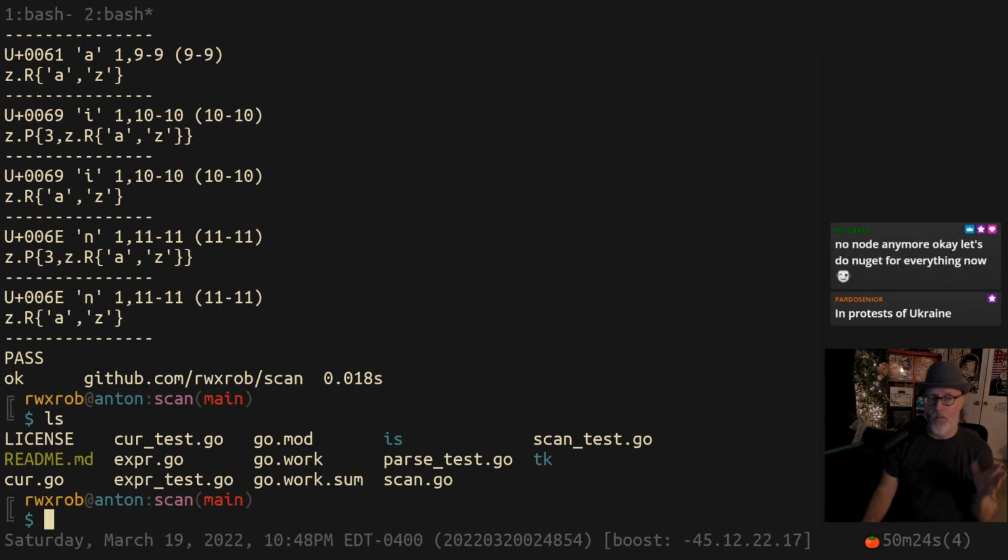Eventually they'll come out. But what we're going to do tonight is we're going to actually write a tool called ScanX, SKANX, and it's going to scan this Go code and turn it into